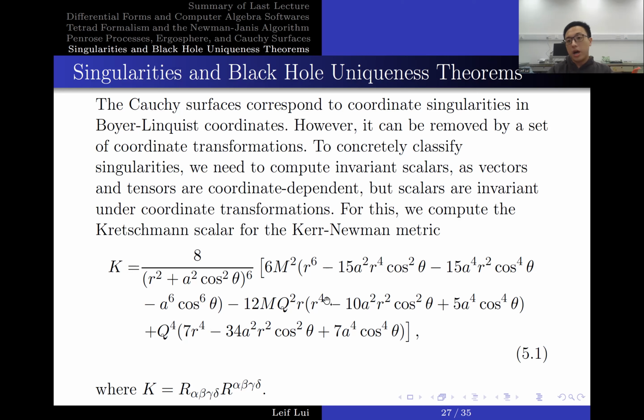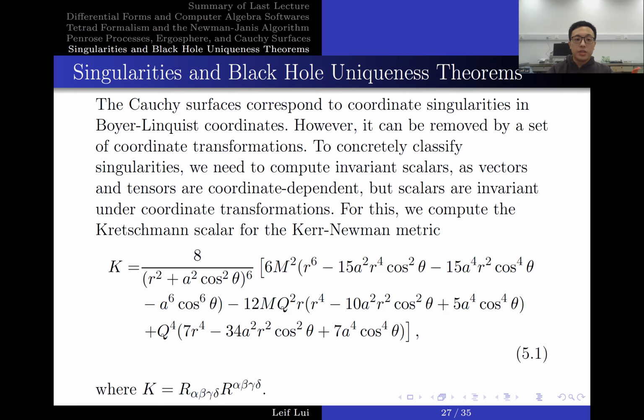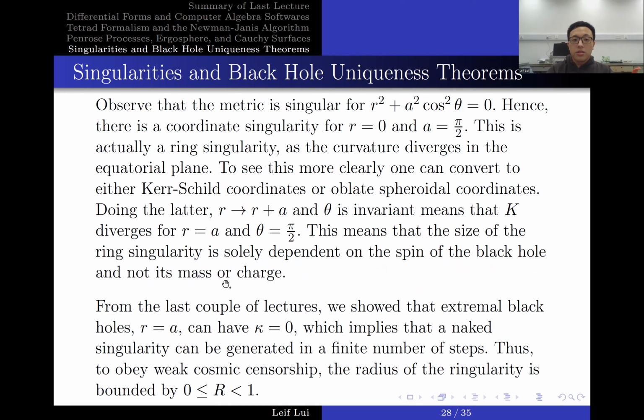The Kretschmann scalar, I will not show how to derive this. This is extremely complicated. You can compute this yourself using Mathematica, but you can take this by faith from me, or you shouldn't actually. You should actually just compute it yourself. But I will tell you that it is as follows. The Kretschmann scalar is basically the contraction of the Riemann tensors, and observe that the Riemann tensor is singular when this denominator goes to 0, and hence the coordinate singularity is at r equals 0 and theta equals pi over 2. This is called a ring singularity, or a ringularity for short, as the curvature diverges in